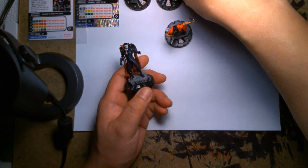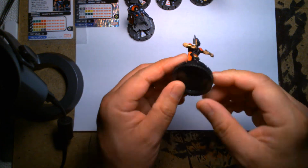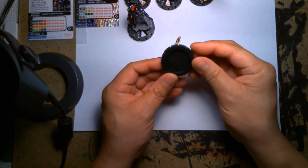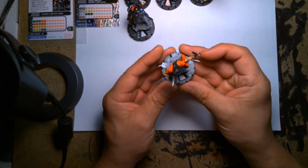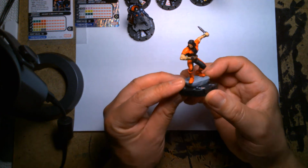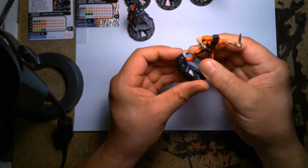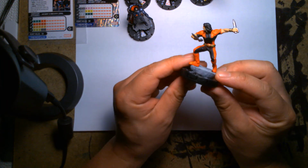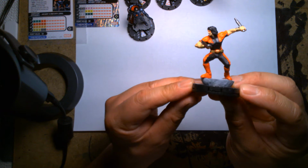Yeah, so I'm excited. Let's take a look at this first box that I got. So the first one we have, I want to say this is Warpath? Yeah, this is Warpath. I'm not sure if this is a specific version of him. I believe it's from X-Force, or this might be his more recent costume as he's seen in